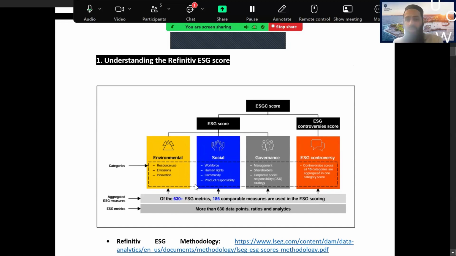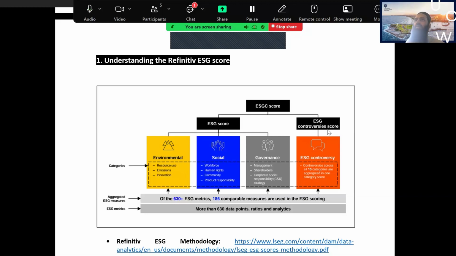Okay, so understanding Refinitiv ESG score. On top of it, we have ESG combined score, ESG, and C stands for combined score. And it is a mixture of two different components. One is the ESG score, second is the ESG controversies. The prime difference between these two in the combined score is that ESG score is a raw disclosure, self-reported by the company on ESG issues. So companies are disclosing themselves. And Refinitiv is picking up from the public documents. They have their software, they have their techniques, and they're pulling that information and creating the ESG score, self-disclosure of the company. Whereas the controversy score is the negative events reported in the global media.